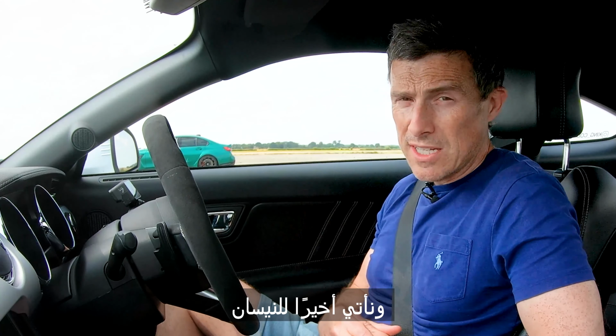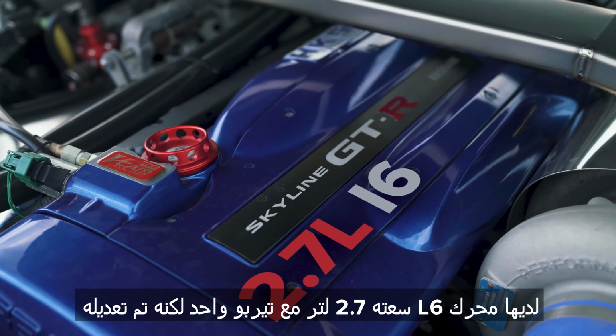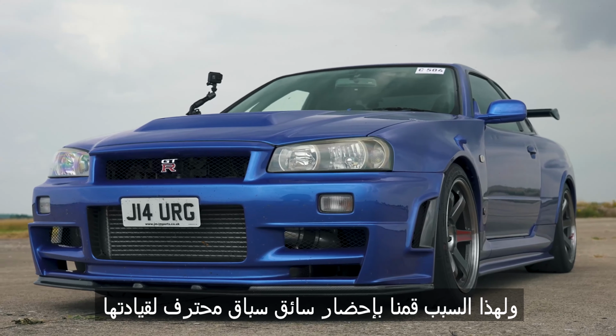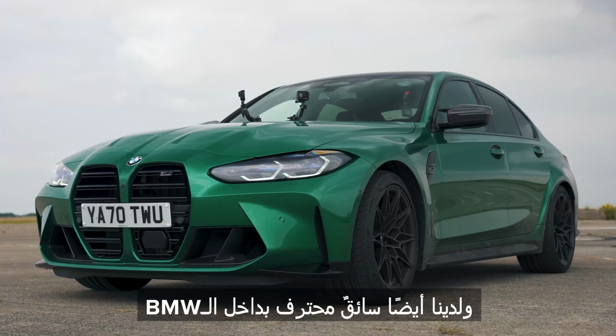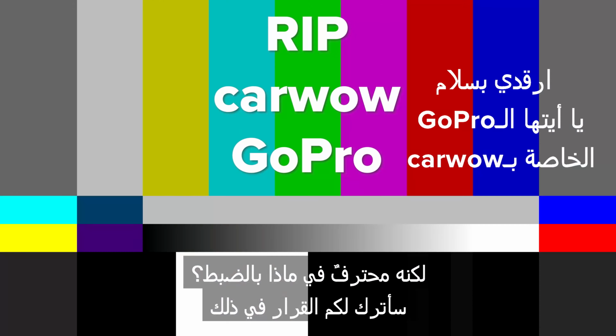Finally then, we come to the Nissan. That car has all-wheel drive. It's got a 2.7 litre straight six with a single turbo, but it's been tuned and it puts out 750 horsepower and 800 newton meters of torque. It's got a 6-speed manual gearbox, so it could be quite hard to launch, and that's why we've got a professional racing driver driving it. I've also got a professional in the BMW. Though a professional at exactly what? I'll let you make your own minds up, because it is...